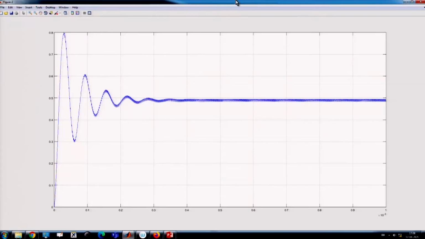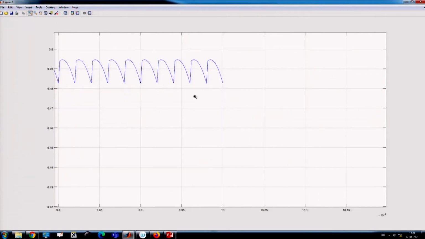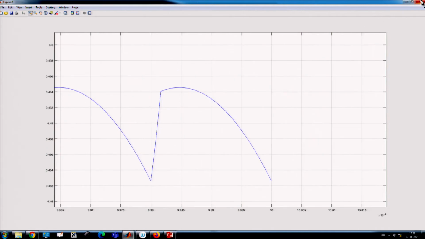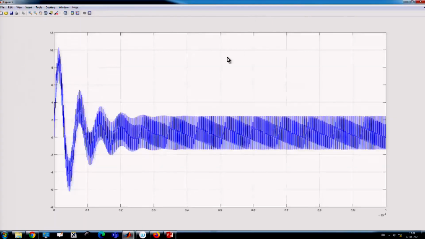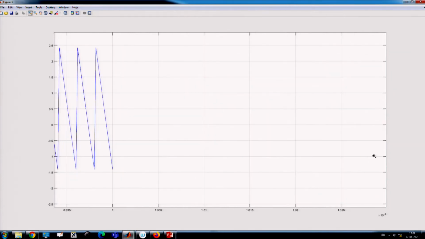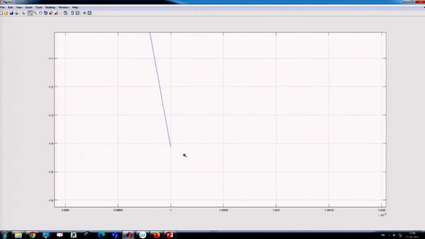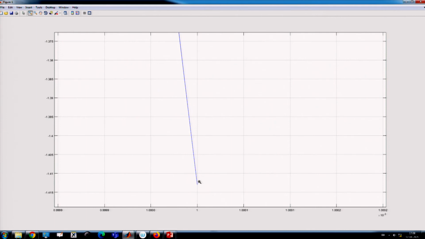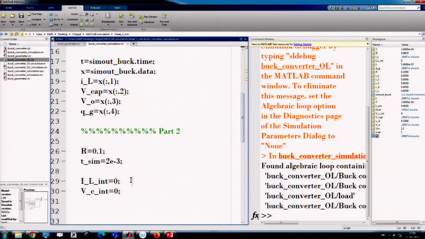Let us say the output voltage reached some value, or the inductor current has reached some value, whether positive or negative, but the final value is not 0. So we have to start from this point rather than from 0. How to do that? We have to take the final value of the previous simulation as the initial value of the next simulation.